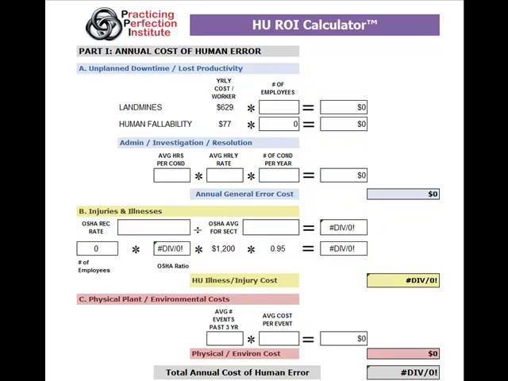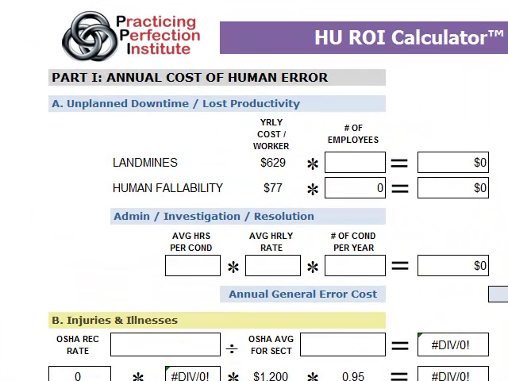As you know, the purpose of this calculator is to determine, first of all, the cost of human error for your organization and what it is currently on an annual basis, and then to look at options for human performance improvement, look at those costs, and look at what your return on investment will be when you do so. So we're going to start here at the top of the HU ROI Calculator, and I'm just going to walk you through a demonstration of how to use this